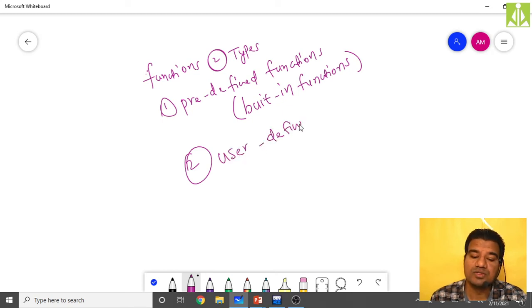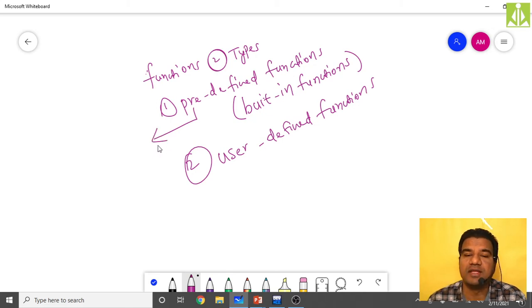See, these two terms you have to understand because I'm giving the explanation now. User defined functions. See, these built-in functions, we are only using them. We are not defining them. Defining in the sense writing the code for those functions. We are not writing any code for the predefined built-in functions.